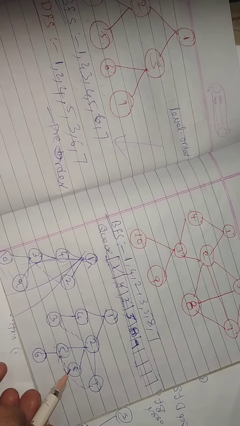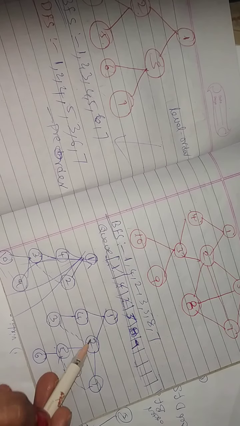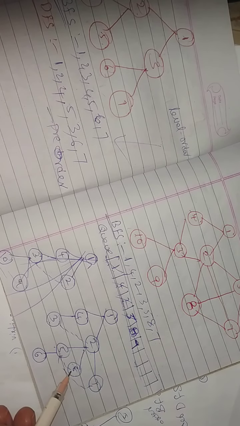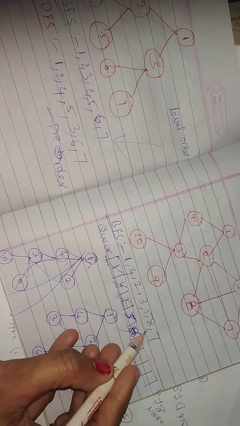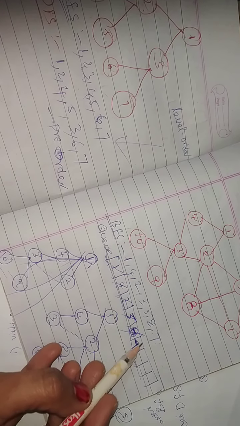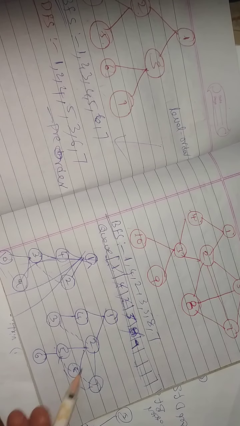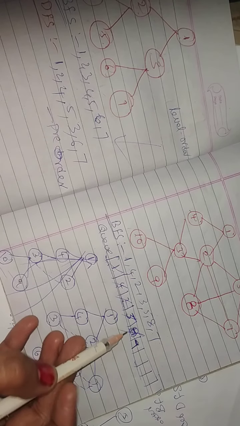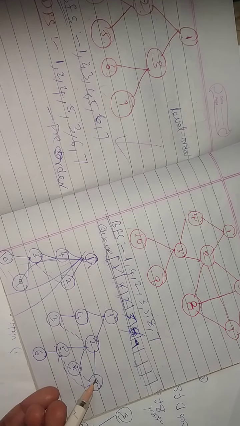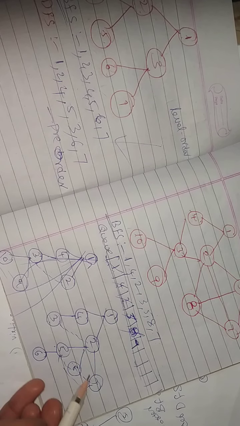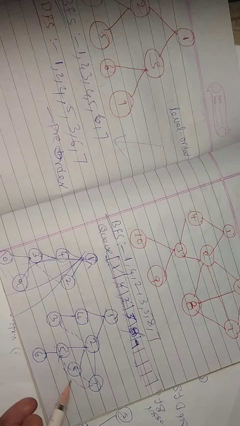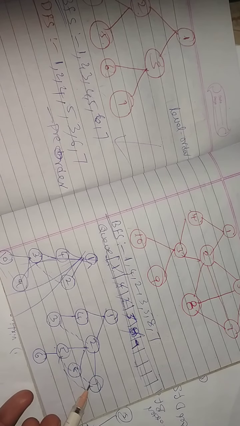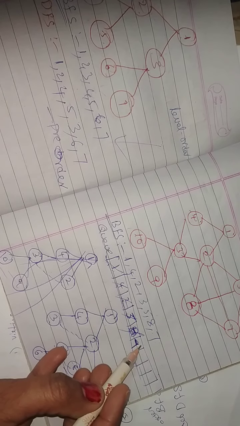8. So you go to 8. 8's connected lines are 2, already connected. And next 5, already connected. Next 7. So a dotted line. Dotted line. 8 is completed. 8 to 7. Any other connections? 8 to 5. 8 to, okay, completed. Next 5 completed. 8 completed. Next 7. You take 7. 7 is connected with 2, which is already visited. Next 5 already is there. Dotted line. Next 8 also is there. Okay, completed. Next 7 is completed.